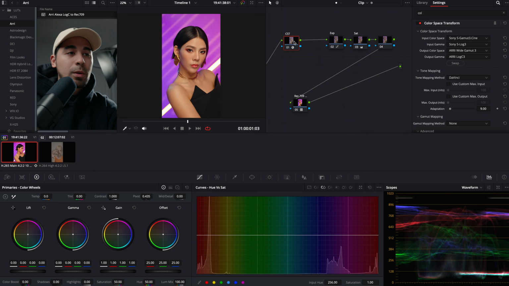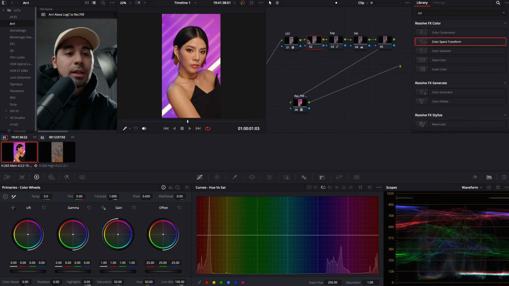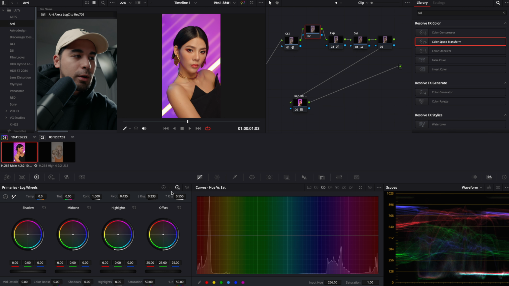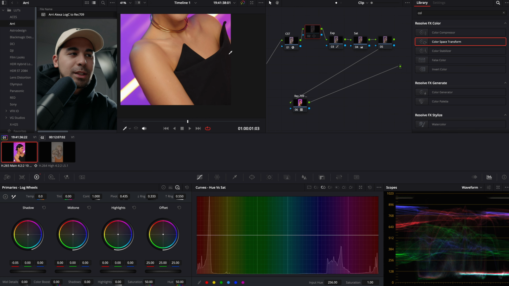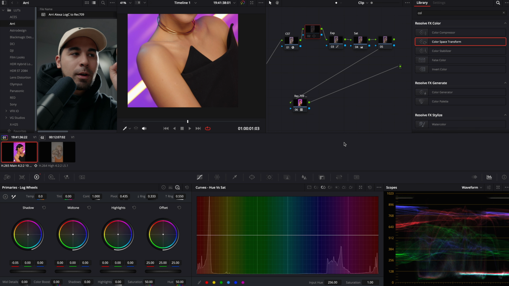We're going to add a node after this. I actually forgot, but this one is fairly balanced because everything was done right on set. It's just a little bit of the blacks aren't true blacks. So what we're going to do is we're going to go to log curves and we're going to see where it's lacking. So we're going to delete a little bit of the red. Do you see this? Because there's a lot of purple and orange spilling, it's casting a little bit of that